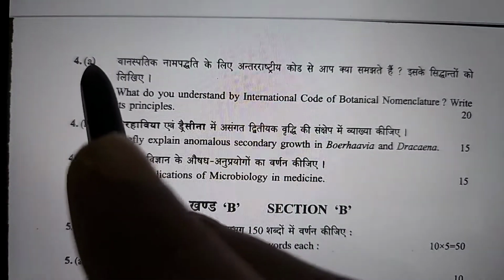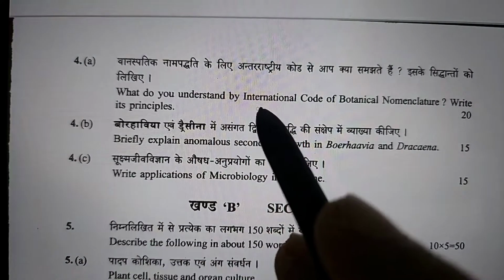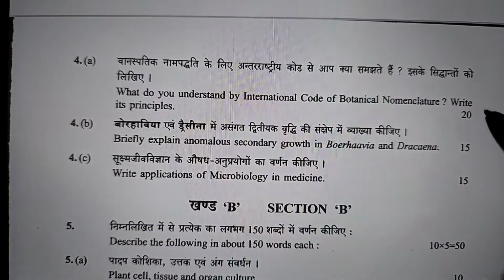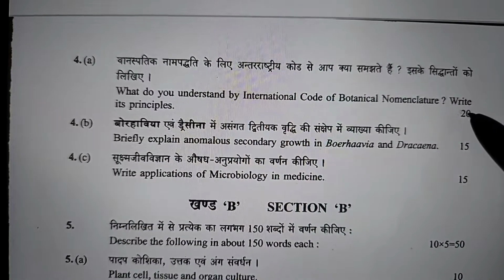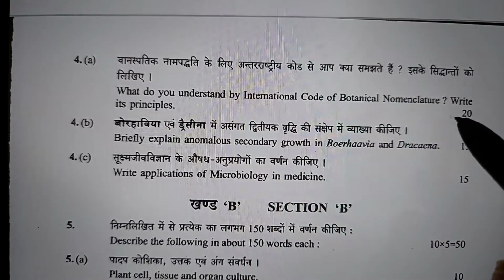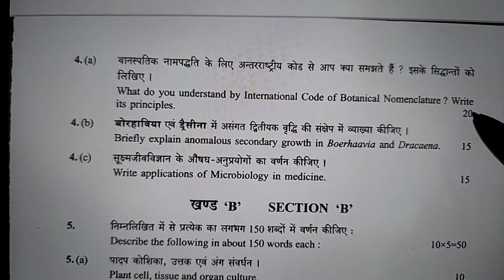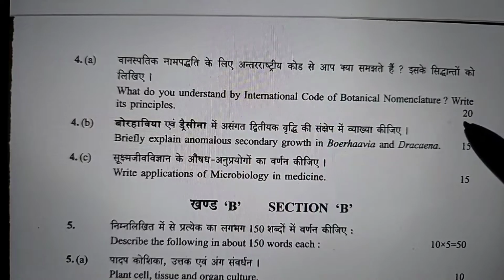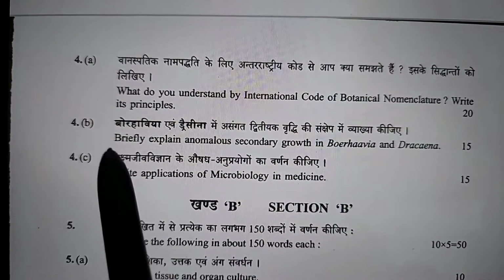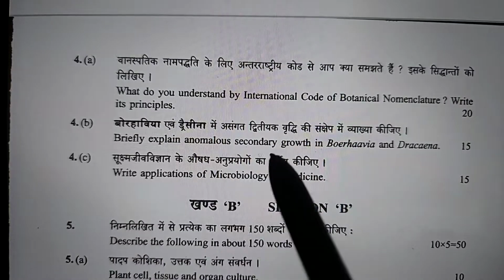Question number 4 also has 3 options, A, B and C. A is: what do you understand by International Code of Botanical Nomenclature? Write its principles. It is asking about the International Code of Botanical Nomenclature, ICBN. Write the principles and write a short note first. The total is 20, so it can be a 10, 10 division. The B question is: briefly explain